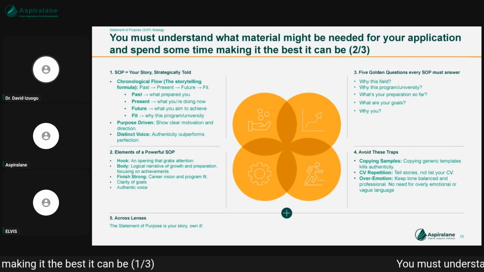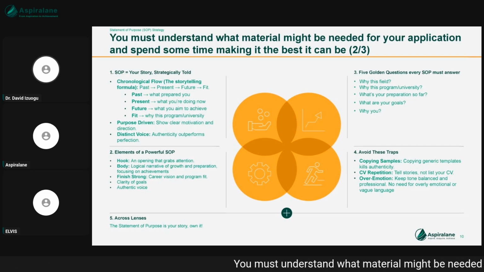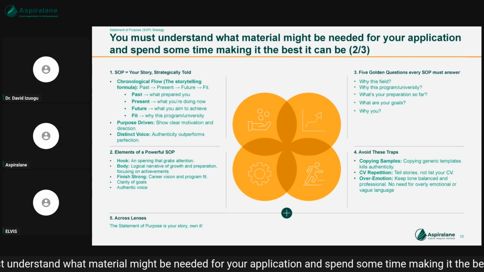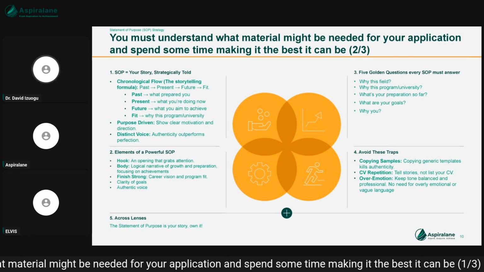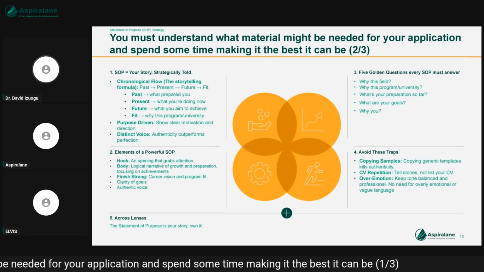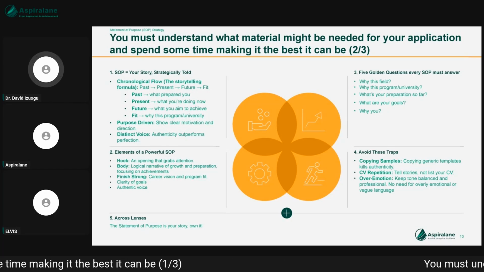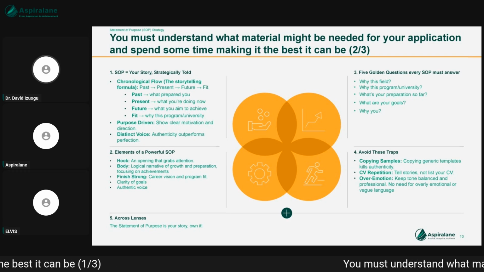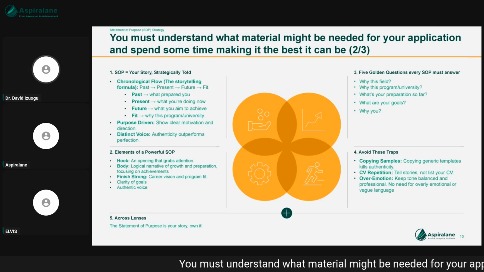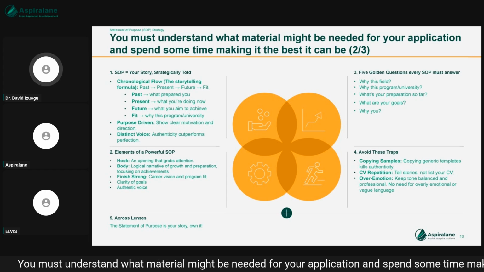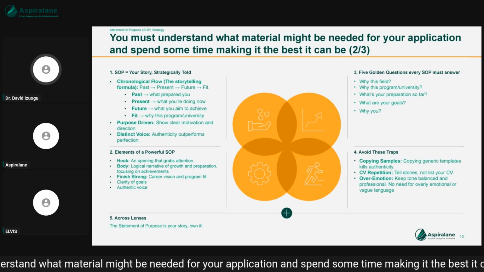Like most of these things, my experience, whatever this graduate school is looking for, is in my CV. Why am I being told I can't copy my CV? When I read your SOP, even if something from your CV is mentioned there, it needs to sound different. You need to give me more insight than your CV gives me. But when it tells me exactly what your CV is telling me, then there is a problem. So tell a story, don't list your CV.